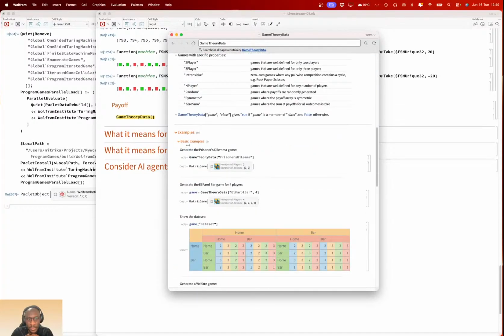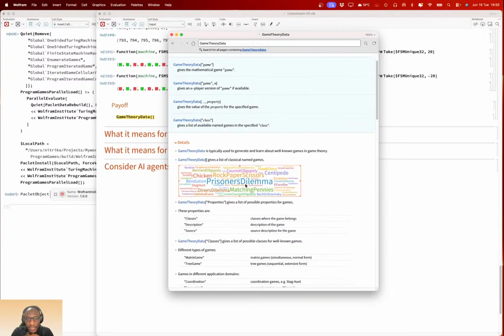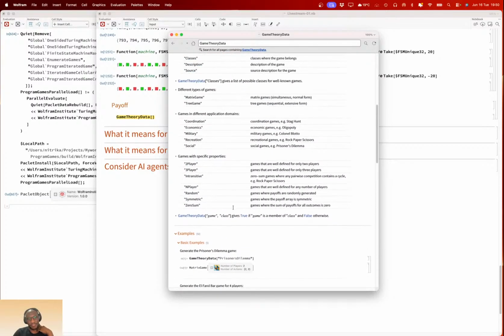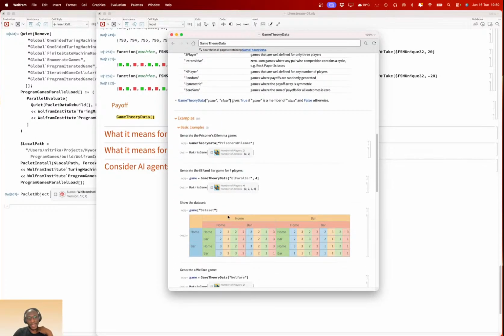Chicken, rock paper scissors, prisoner's dilemma, matching pennies. We have so many payoffs you can explore. But the tough decision usually is selecting a payoff. You can have different payoffs, but picking one is a tough decision.